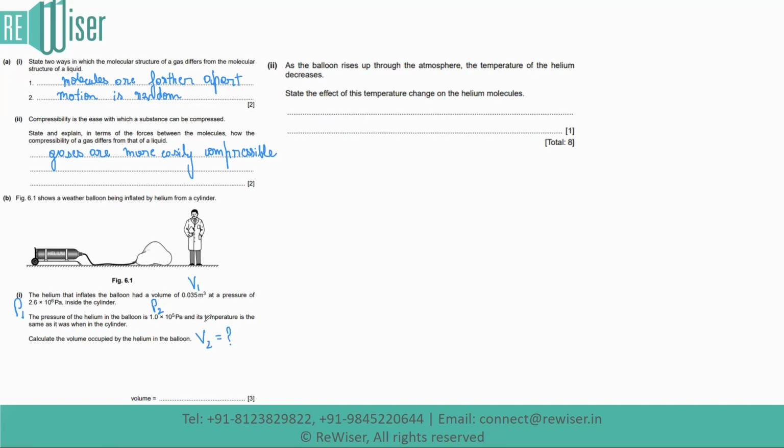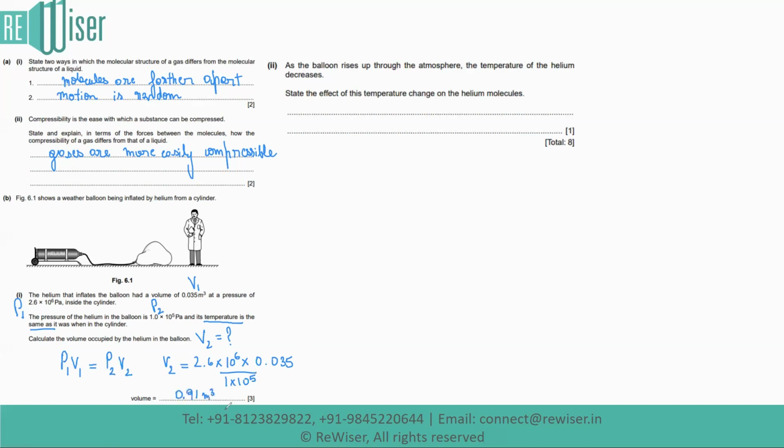We know that when temperature is maintained constant, as stated, pressure times volume is a constant, or pressure P1 times volume V1 is equal to pressure P2 times volume V2. So written in terms of V2, we have V2 is equal to P1, which is 2.1 into 10 to the power of 6 Pascal, times V1, which is 0.035 meter cube, divided by P2, which is 1 into 10 to the power of 5 Pascal. Now we notice that pressure has decreased. So in consequence, volume should increase, and it increases to a value of